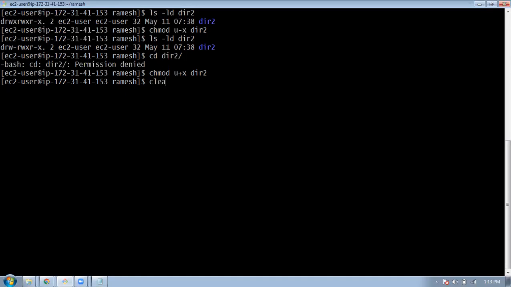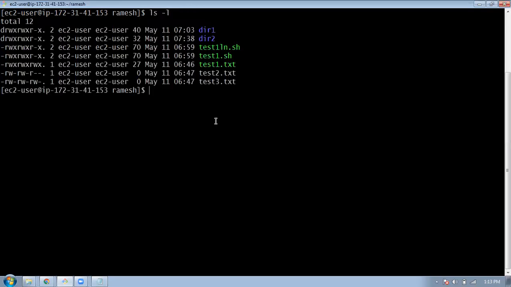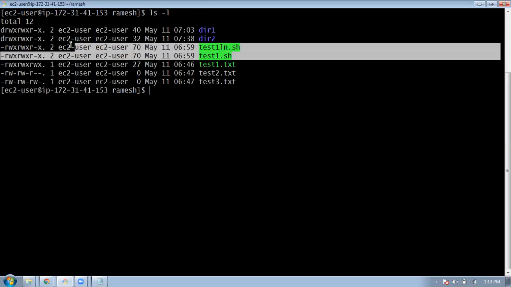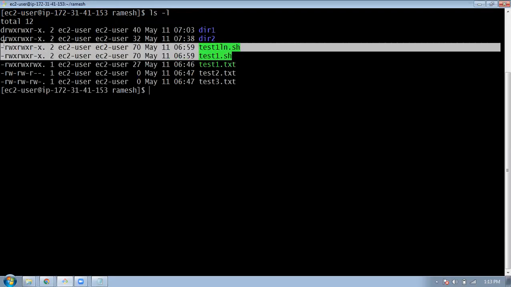Now we will see the other types of files. As of now we have seen how to work on regular files as well as directories. Now I have one link here, a link file. You can recognize it here: for normal files it is only one number, but if it is a link you can see it. I created this link using the ln command. This is a hard link.